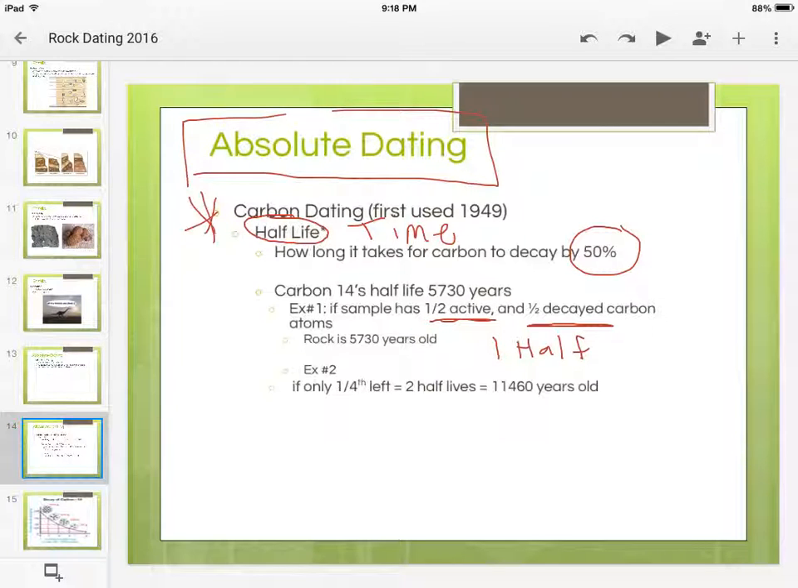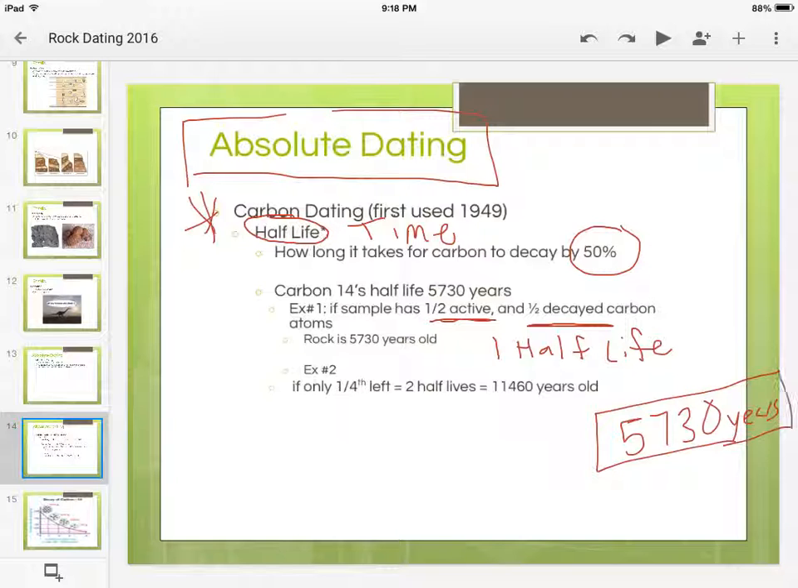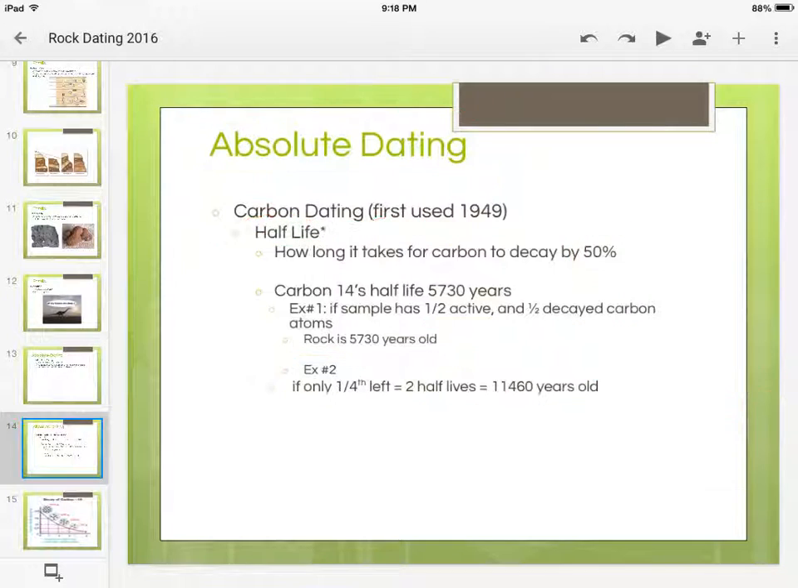And scientists have proven that one half-life for carbon is 5,730 years. So if you were to find a fossil that had half of the carbon and half of the decayed carbon, you know it would be exactly 5,730 years old. And then if there was 1/4 left, meaning it got decayed by half again, then it would be double that, so it would be 11,460 years old. This will make more sense when